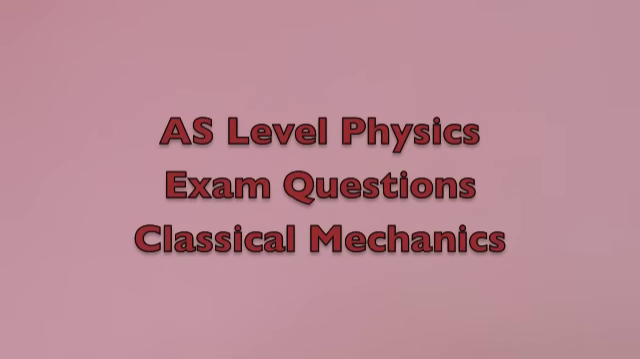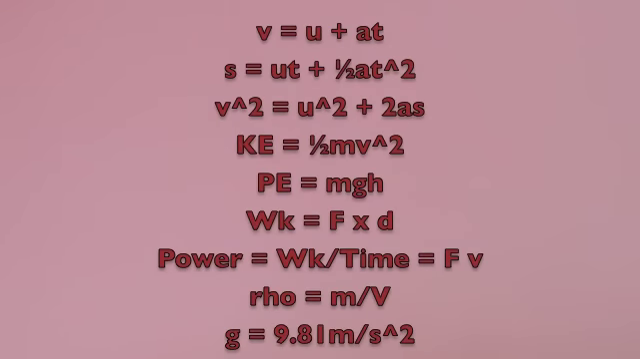Hello, today I'm going to work through a set of questions that you might typically get in an AS level physics exam on classical mechanics. The key formulae that we shall use, and which you can find in my videos on various aspects of classical mechanics in the A-level physics playlist, are v = u + at, s = ut + ½at²,